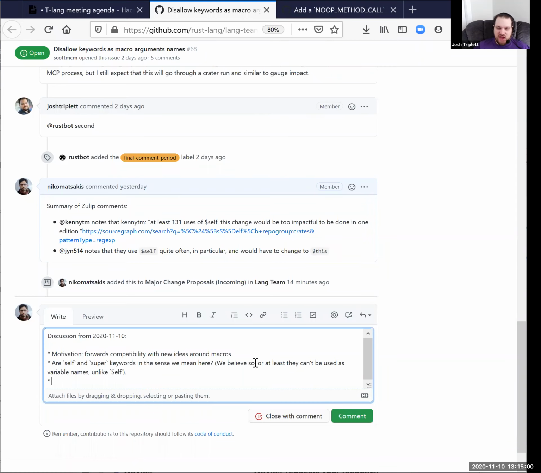The one other thing that we need to be concerned about is how widely used this currently is. Obviously, we have the ability to make this change in an edition, but we don't like to do changes that are incredibly high impact.